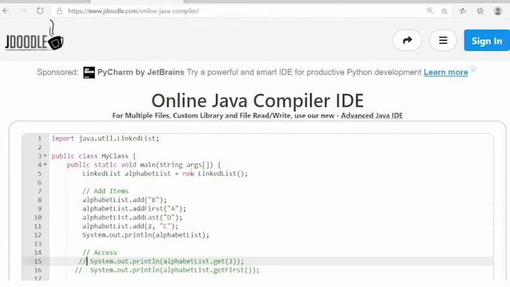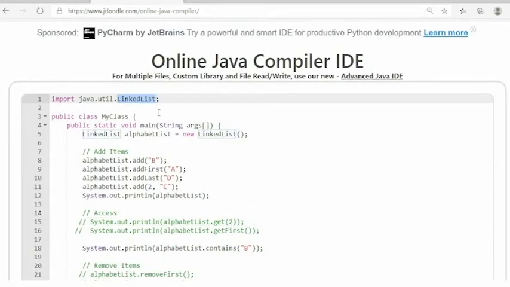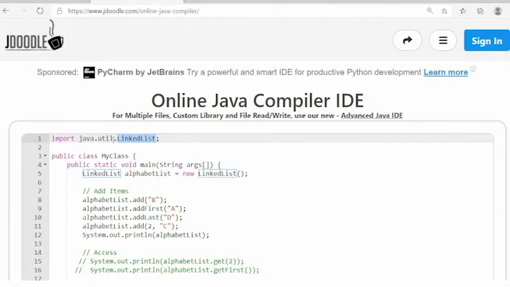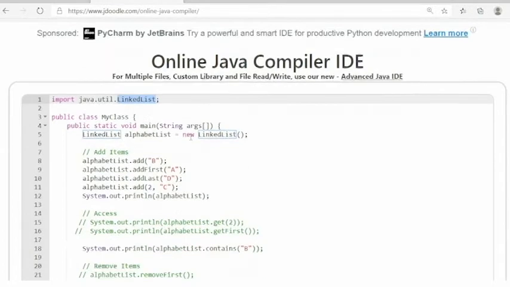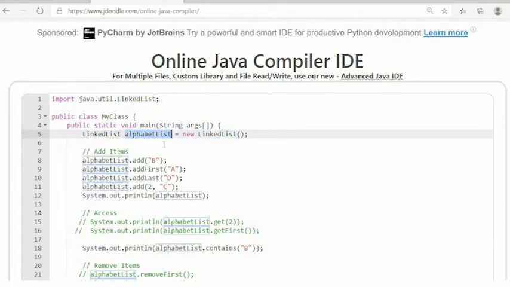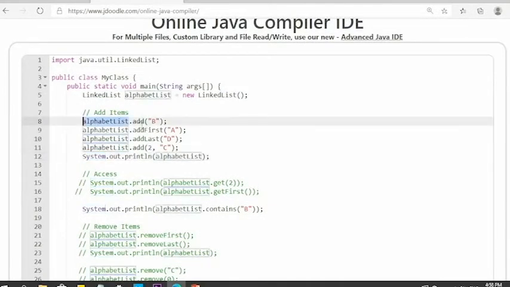Now in Java, you have this linked list class. Similarly in .NET also, in C# also, there is a linked list class which you can use, and this will manage the address and the data part internally. Now I have created one object of this alphabet list, a linked list. Now you see in this I am adding B as the one item. So what it will do, it will add B, and then when it goes to this line,